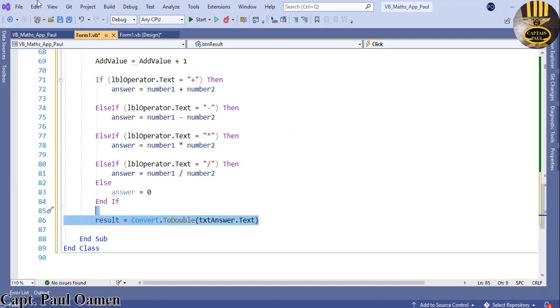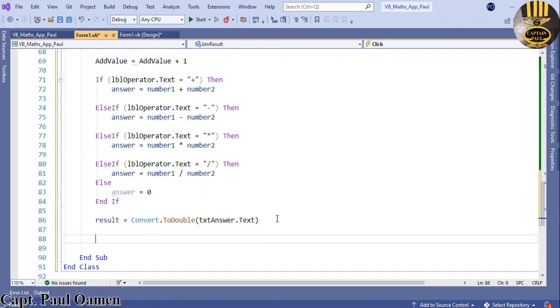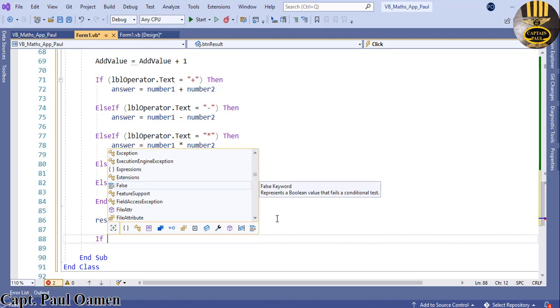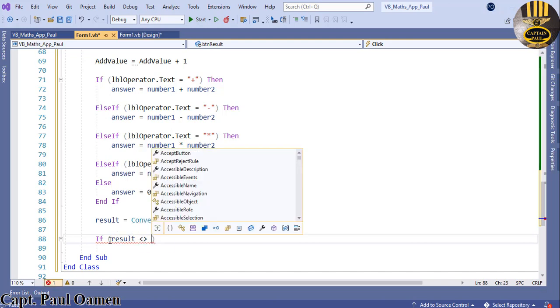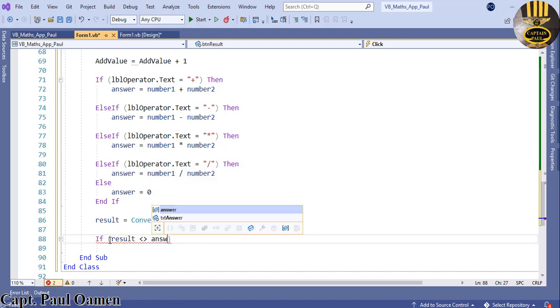Once that answer is stored in there, we now need to compare the result to the answer that is stored in here. So to do that, use a conditional statement again. If result is not equal to answer, then